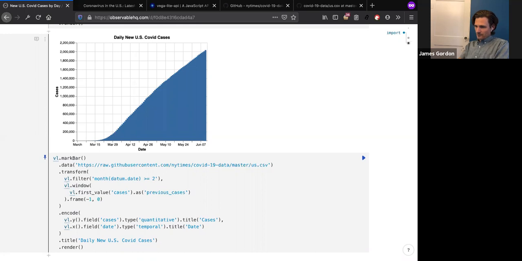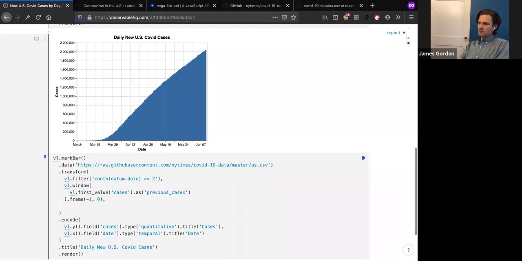So we've got 2 transformations defined now. The first one is the filter. The second one is the window function, which is performing this operation to get a previous cases value. Now let's add the next transformation, which is the one that performs that calculation that we talked about. That's another